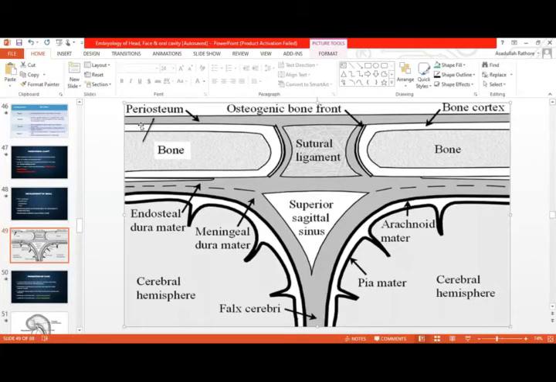The inner layer that is known as the osteogenic layer is going to bend towards the bone. ठीक है। दोनों केसेस में आप देखेंगे द इनर लेयर इज गोइंग टू बेंड टूवर्ड्स द रिस्पेक्टिव बोन्स, और ये जो ऑस्टियोजेनिक लेयर होती है दिस बेसिकली कंसिस्ट्स ऑफ द लूज vascular connective tissue and it also consists of bone cells. ठीक है। इसको ऑस्टियोजेनिक लेयर या ऑस्टियोजेनिक बोन फ्रंट इसीलिए कहते हैं क्योंकि इस लेयर में इट कंसिस्ट्स ऑफ द बोन सेल्स।